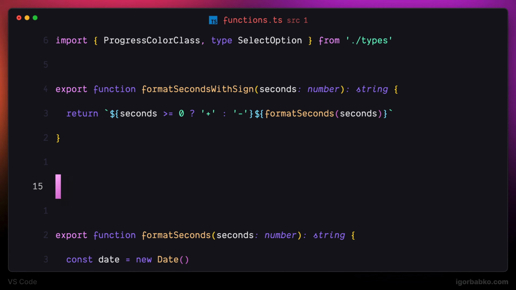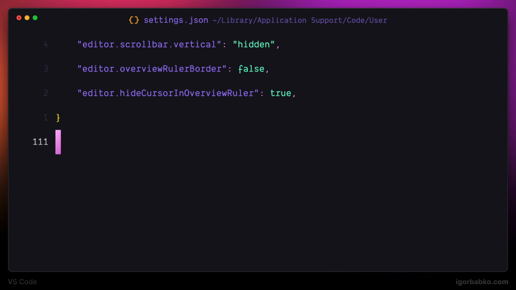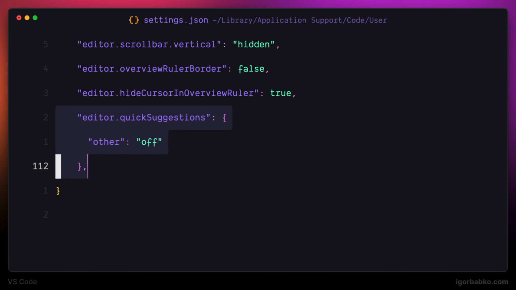Alright, and to disable this behavior to prevent those suggestions to appear automatically, I'm going to paste the following code in here, which is going to disable automatic appearance of suggestions. So now whenever I need to open up the list of suggestions, I will do it, but it will not